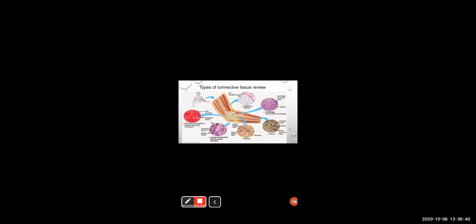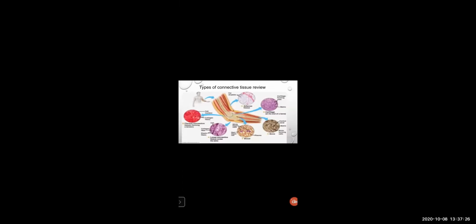Now, this is the overview of the connective tissues. I'll repeat it again. What are connective tissues? The tissues that connect one part of the body to the other part of the body. It's called connective tissue. These are complex tissues as they are made up of different types of cells. There are different types of connective tissue depending upon the location and functions and the matrix in which they are embedded.